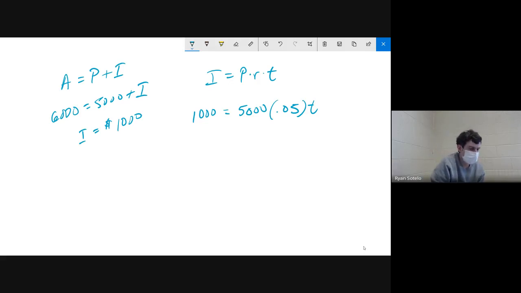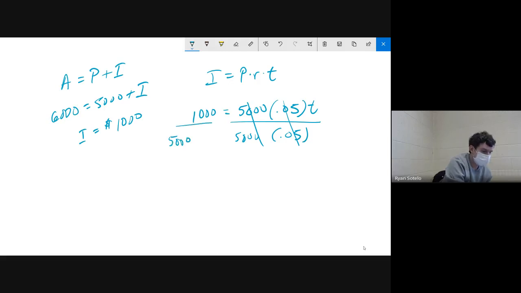So here I'm going to have to just divide by the 5% of 5,000. So I'll divide by 0.05, and I'll divide by 5,000. That gets T by itself. I have to do the same to both sides always in algebra. So if I did it to the right, I have to do it to the left. And that's what I'll do. So T will be